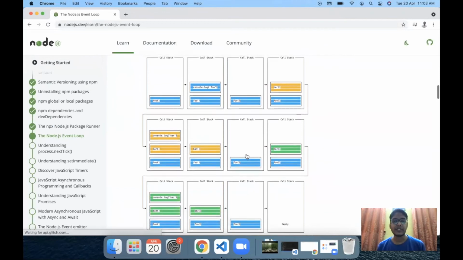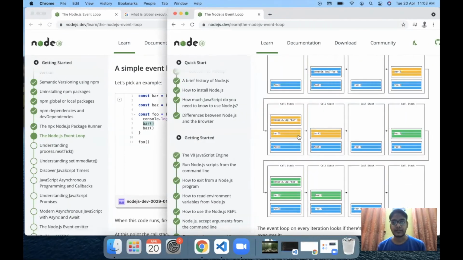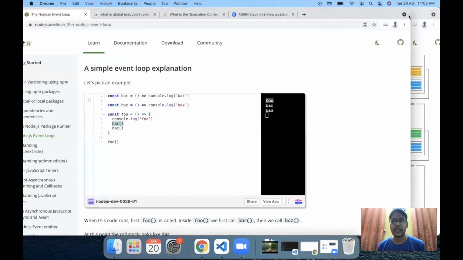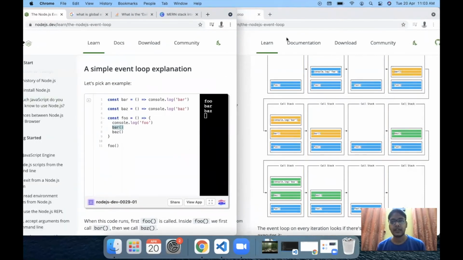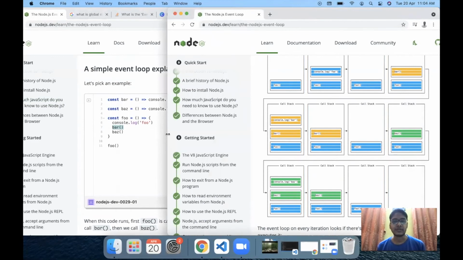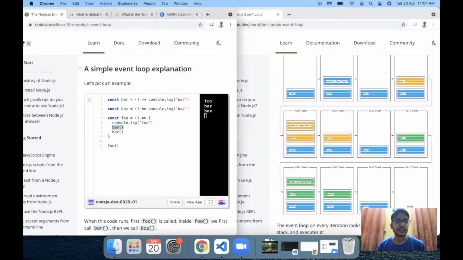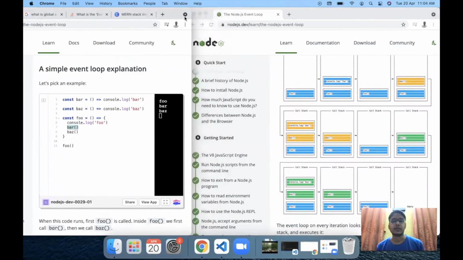So let me just keep this call stack diagram here, and let's keep this function code in another window side by side. That way it will be easier to keep track of the code and I don't have to go back and forth between these two. So yeah, this is the call stack and this is the function definitions, right? Now, once this function bar is called, then what will happen?